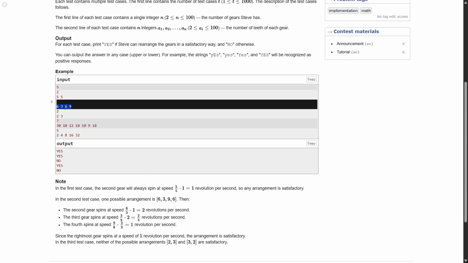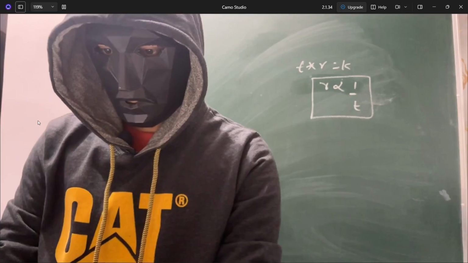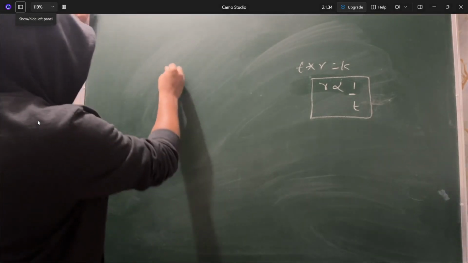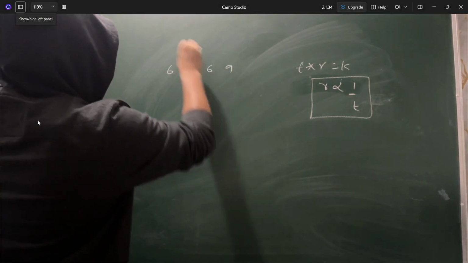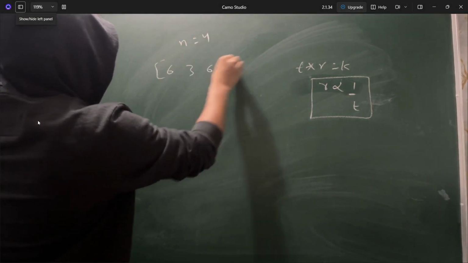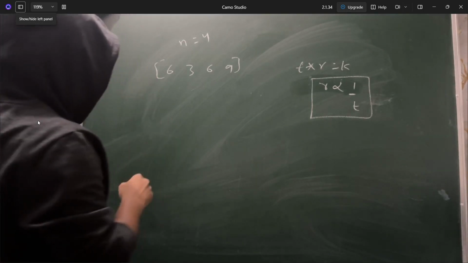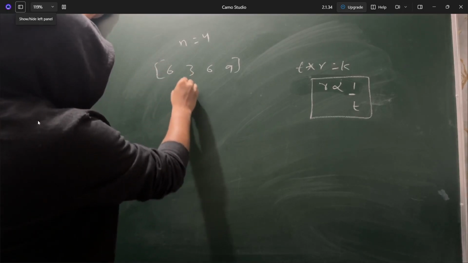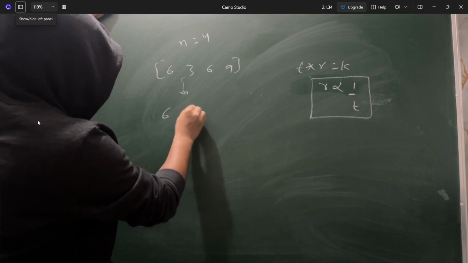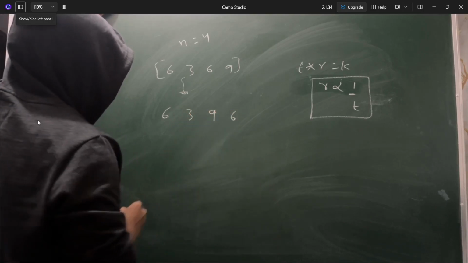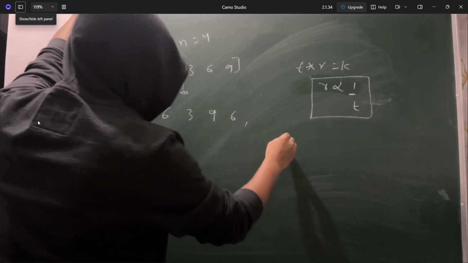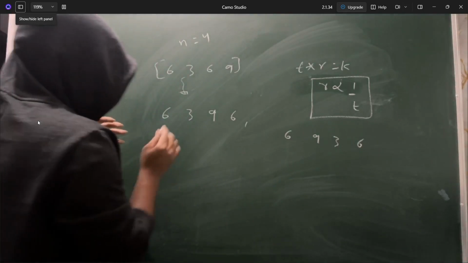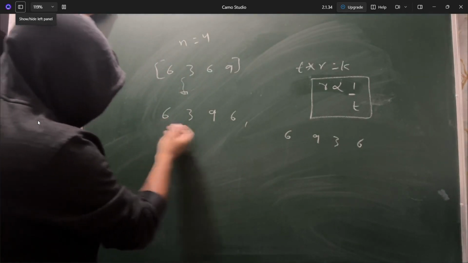In the second case, let's try to use this example, 6369. We have 6369, and here n is 4, which is the number of gears. Now, let me arrange this example this way: 6, 3, 9 and 6. Or you can take one more example in this way: 6, 9, 3, 6. So what I'm trying to say is that if you arrange it in this fashion,